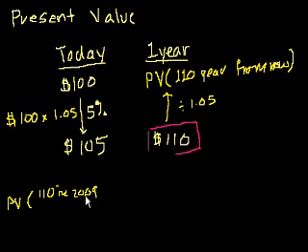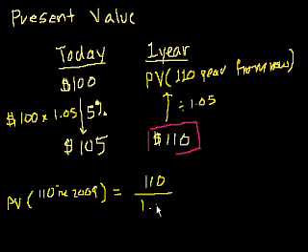It's currently 2008. I don't know what year you're watching this video in. Hopefully people will be watching this in the next millennia. But the present value of $110 in 2009, assuming right now is 2008, a year from now, is equal to $110